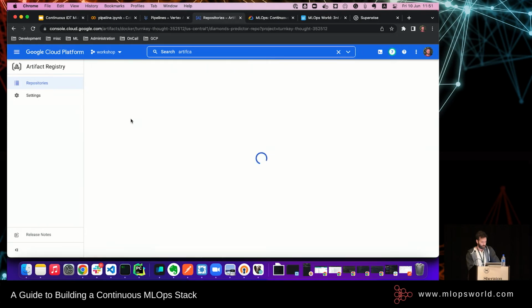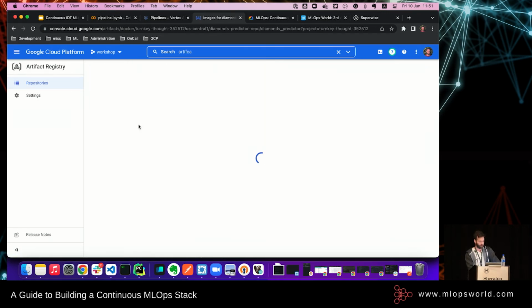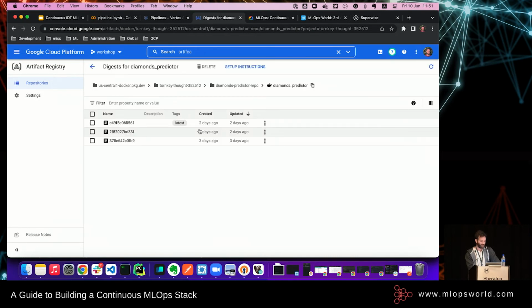Great. I think in my next workshop, I'm going to do it all open source and have it on my local host. Everything will work way faster. So, an action item for the next one. So these are the images. As you can see, I already had a few, and this is the last one, pushed 2 days ago. So we're all good to go.